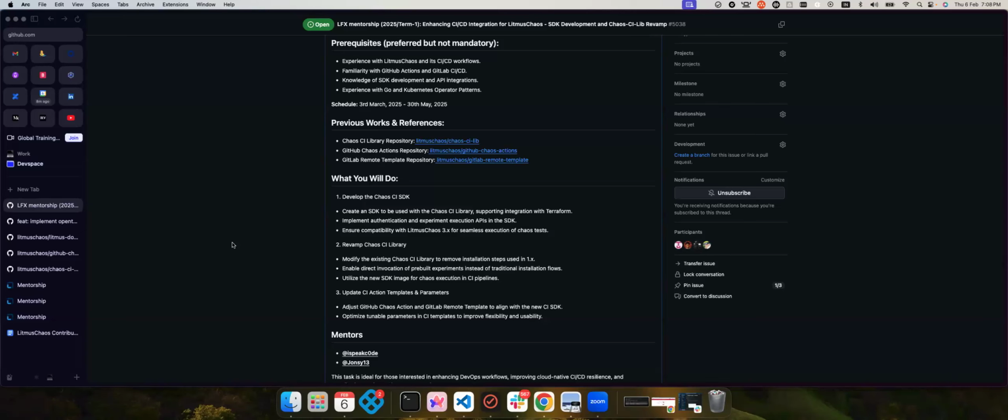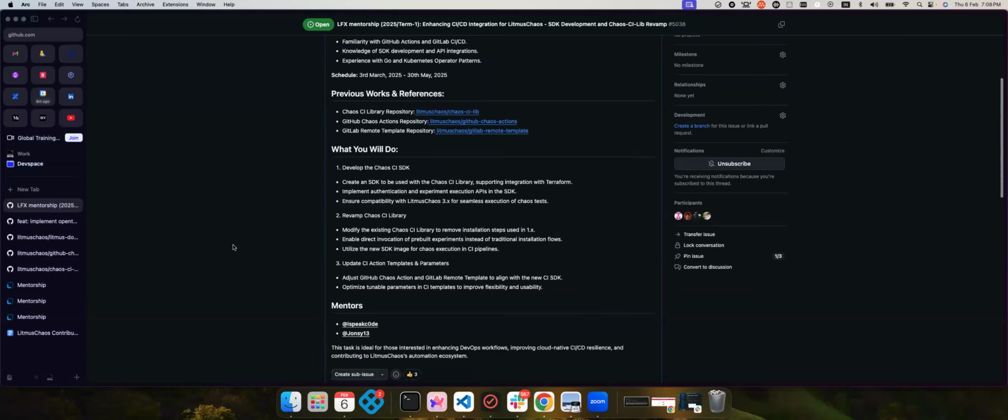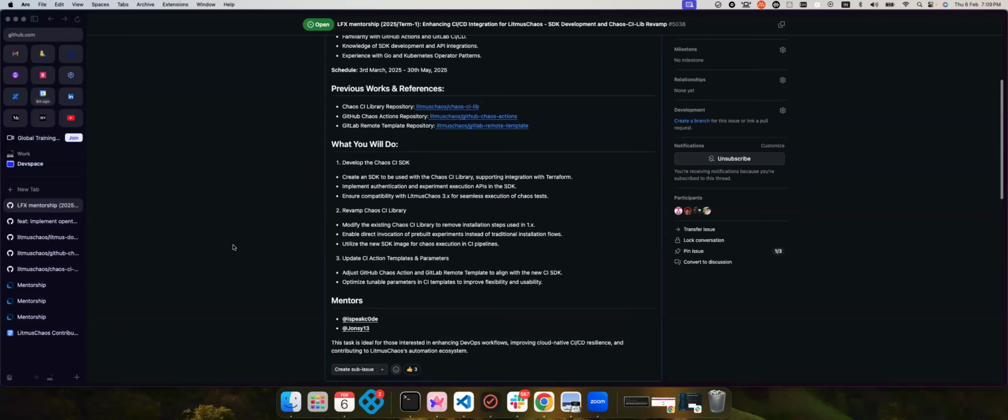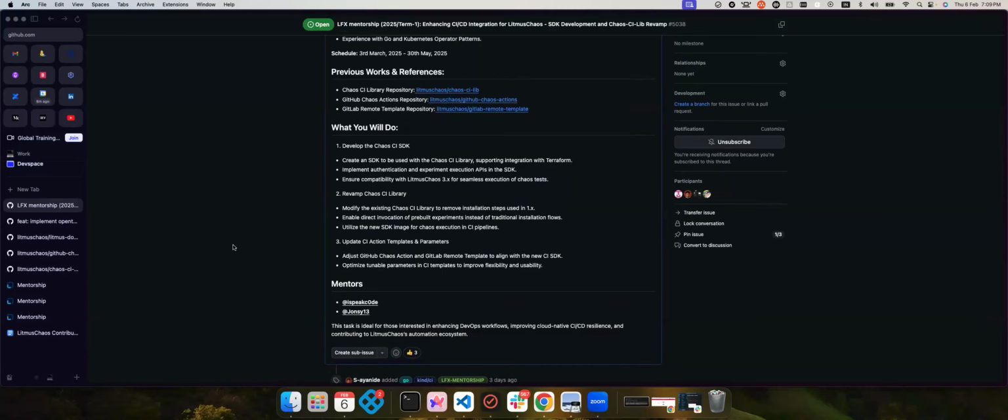So now we have trimmed down a lot of things. We have native workflows. So we probably want to integrate those directly rather than relying solely on the older action flow. So that is one way, by creating multiple images, using them as part of the pipelines, using the newer SDK images as part of the pipeline to bring in the APIs and bring in the business logic for our pipelines.